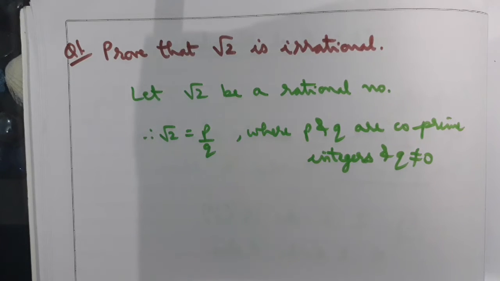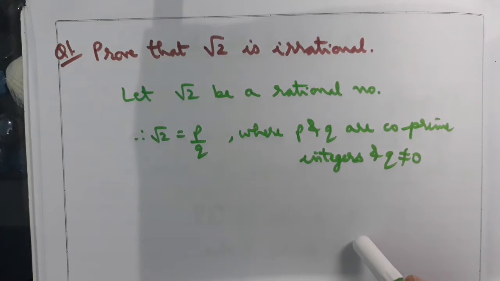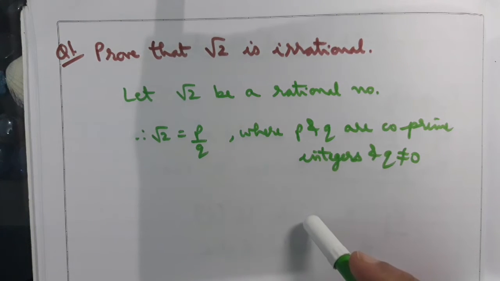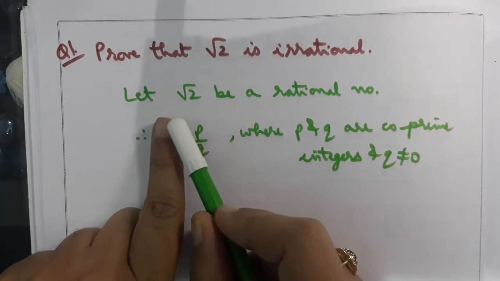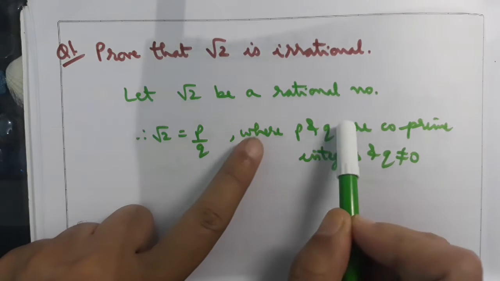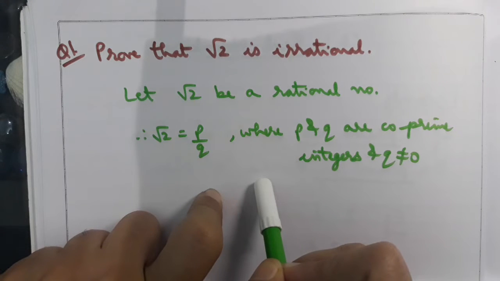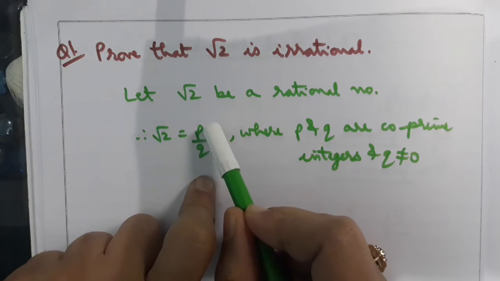Now based on this property, let us prove that root 2 is irrational. So we will prove this by the method of contradiction. So in method of contradiction, what do we do? Whatever we have to prove, we just take the reverse of it. So if we have to prove that root 2 is an irrational number, we assume that root 2 is a rational number. Now if root 2 is a rational number, then it can be written in the form